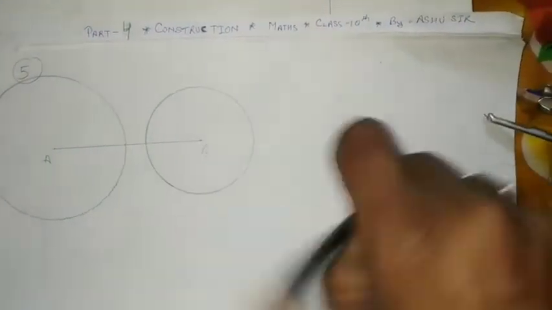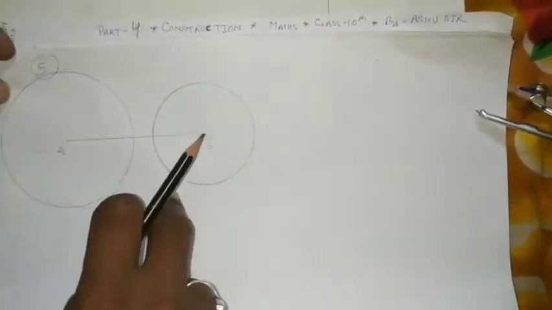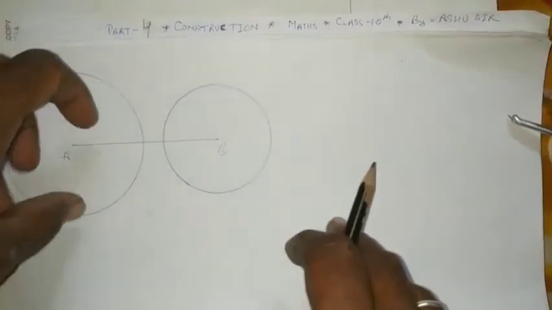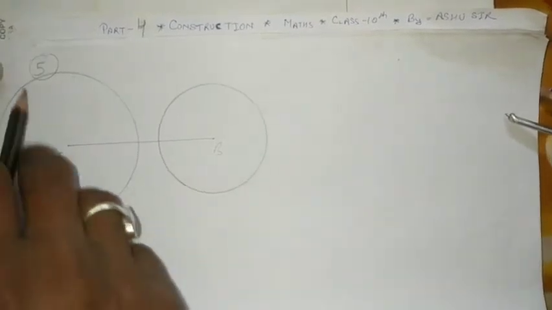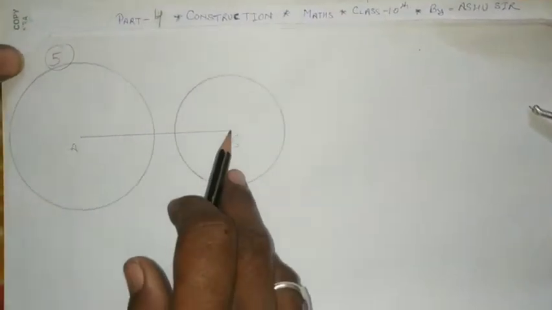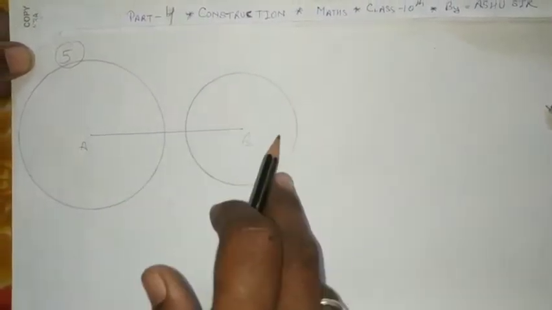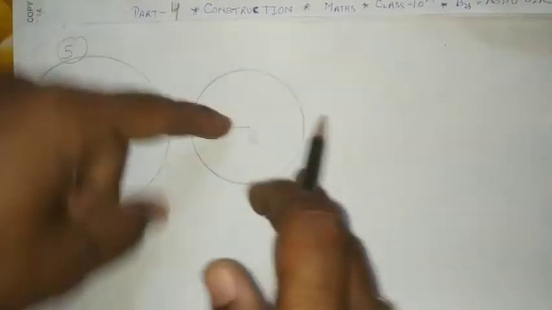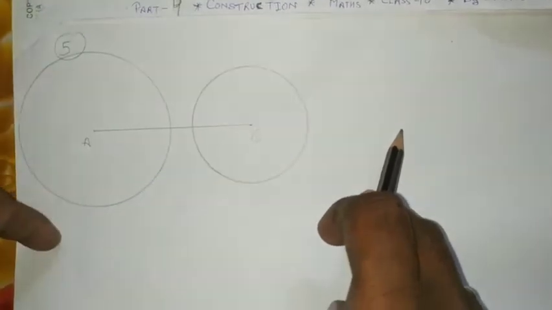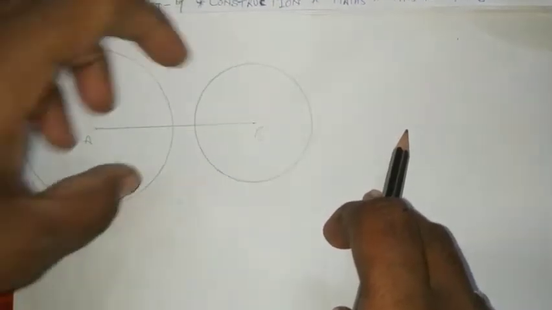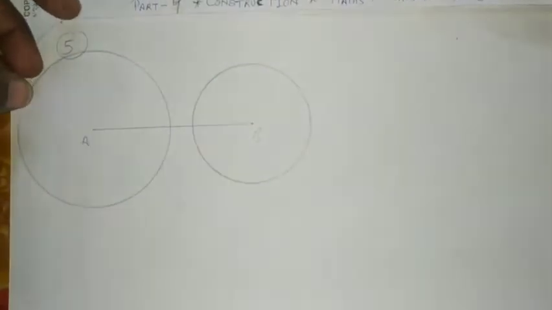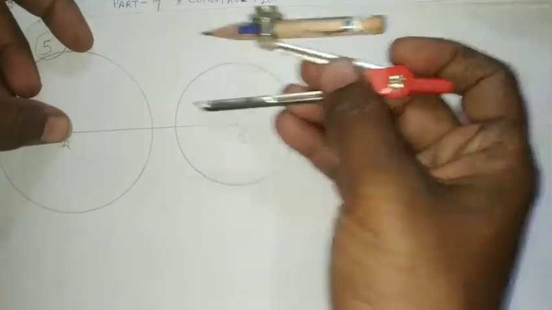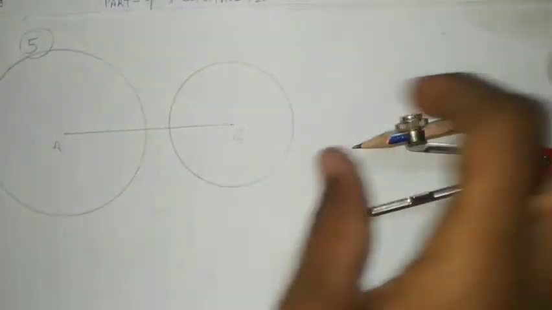We want to construct the tangents of both circles from the center of the other. So, if we see only this circle, we want to draw tangents from point B. Ignore the other circle. So B is an external point, and we want tangents just like this. For the external point process, construct the perpendicular bisector of AB and get the midpoint. And you know, if this is 8 cm, this is 4 cm, so this is the midpoint.